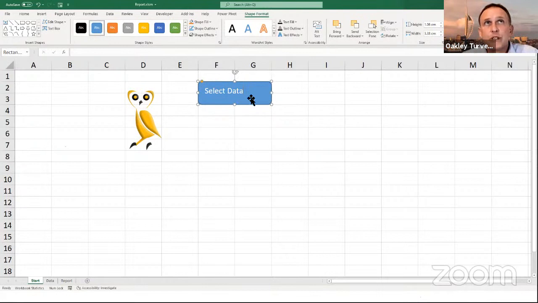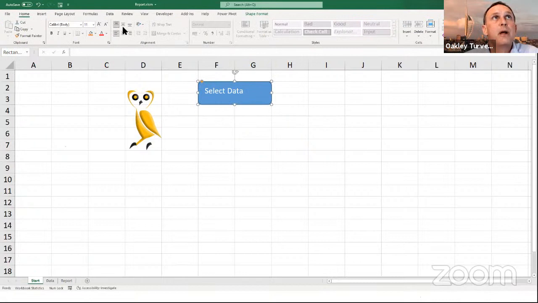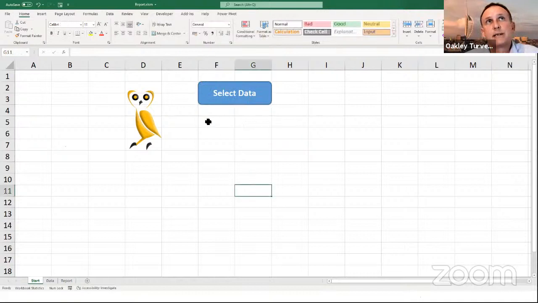So as soon as I finish drawing the shape, with it still selected, I just start typing in, and that puts the text inside the shape. I then click away from it, click back into it, and then on the home ribbon, I can center and middle it, and then resize the text so that it just stands out a bit better.